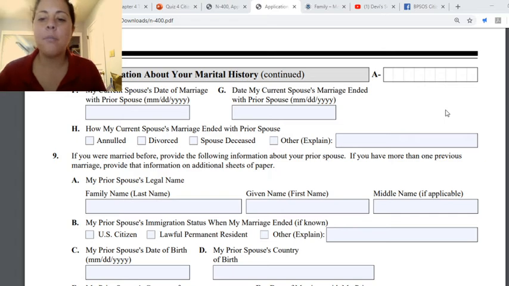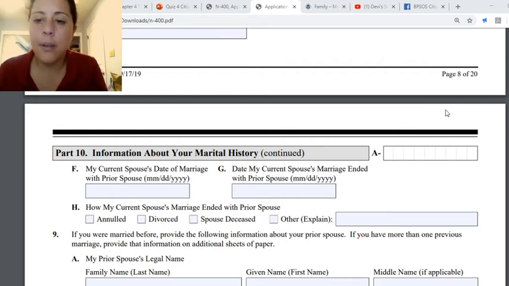Okay, so this is information about your husband or wife's prior spouse. If they only married you one time, you do not have to fill this out. Okay, you do not have to fill this out. Now, next it will ask you